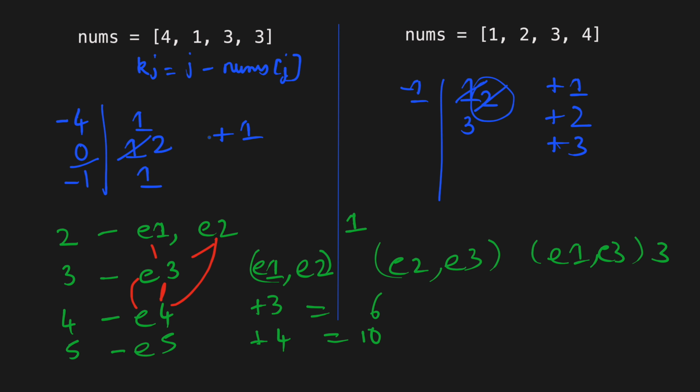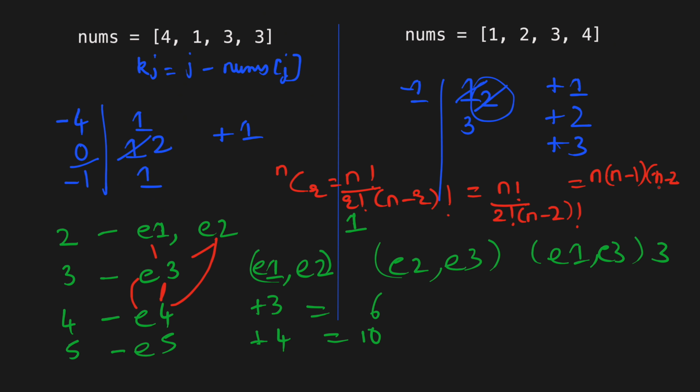And mathematically speaking, we are choosing 2 elements out of n elements to form a pair, and this can be represented by combinations formula nCr, where we choose r items out of n items, which is equal to n factorial divided by r factorial and n minus r factorial. And here r is equal to 2, that is we are doing nC2, which is equal to n factorial divided by 2 factorial and n minus 2 factorial,